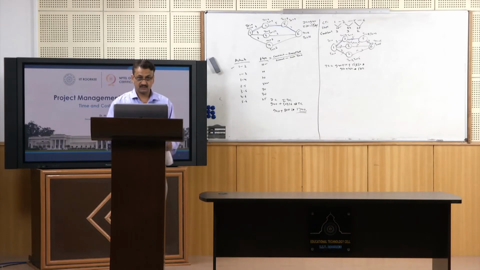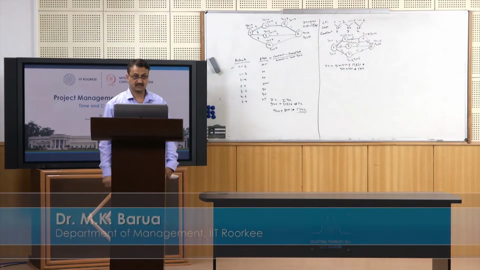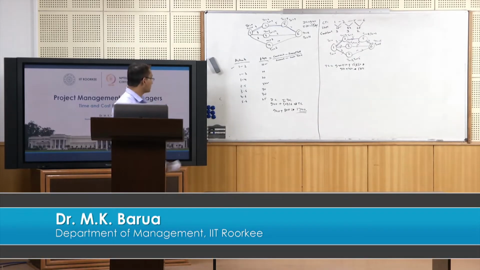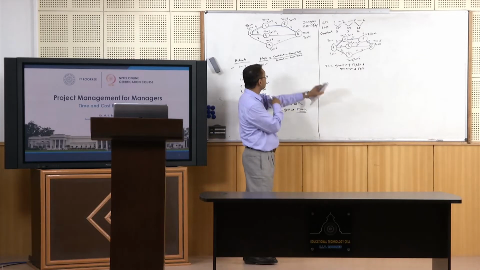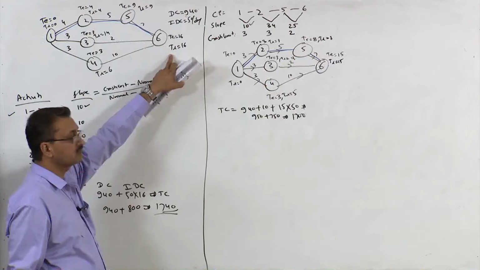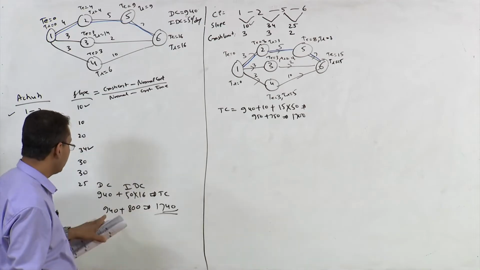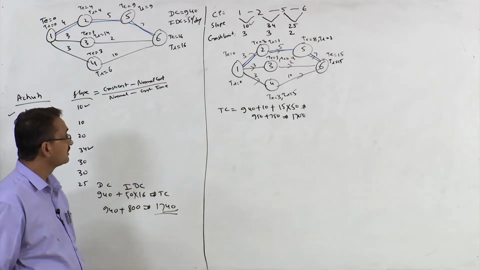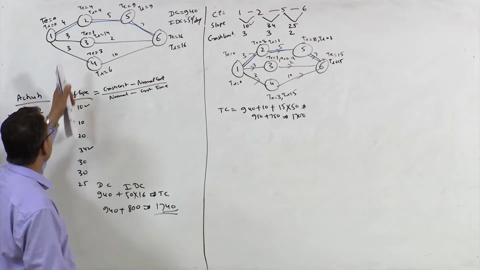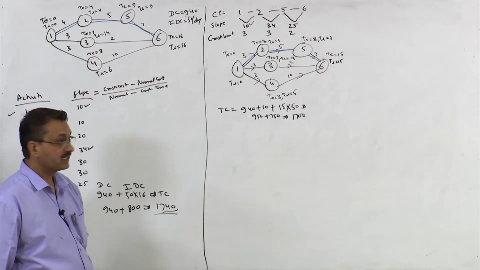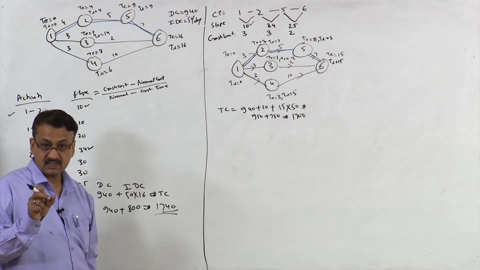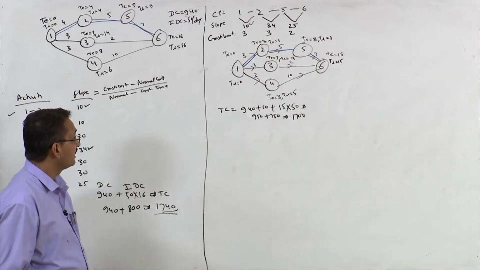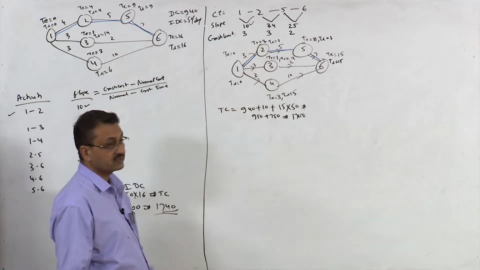As you are aware, in the previous session we were discussing how to crash a project. So we were solving this question, and in this question we have seen that the initial duration of this project is 16 days and the initial total cost is 740. After that we selected the critical path, and along the critical path we selected the critical activity which had the least slope, and we reduced the duration of that activity